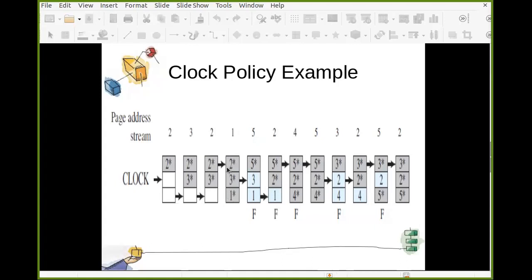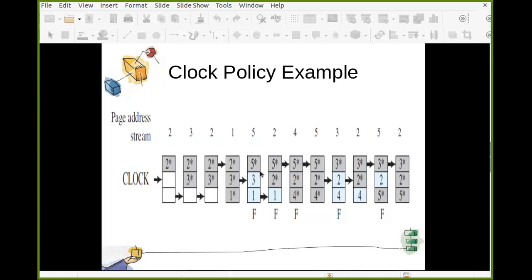And now, as this is the page whose use bit is already set to 0, it will be replaced by page 5. And then it is marked with use bit equal to 1. And that's why you can see these 2 pages are in blue shade, because those pages' use bits are set to 0. And the pointer is now pointing to this point. So now if you need to replace any page, it will straightforwardly be this page, because it has use bit equal to 0. And that is exactly what is happening next.